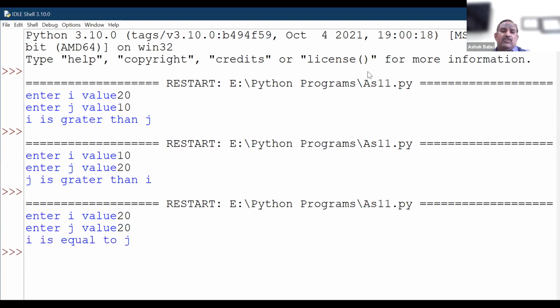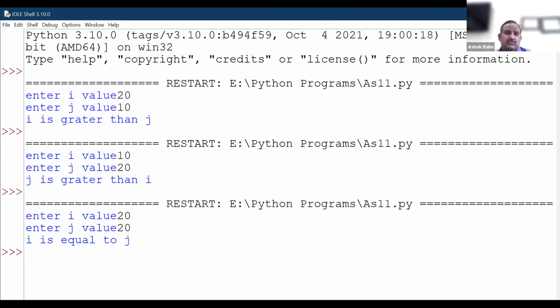So here, if you compare the three statements, the first one, we are giving the I value as 20 and j value as 10. Second, we are giving the I value as 10 and j value as 20. And third, we are giving the same values, 20 and 20. Therefore, I is equal to j. So in this way, we can compare the three statements by using multiple if.